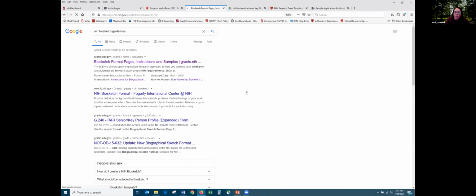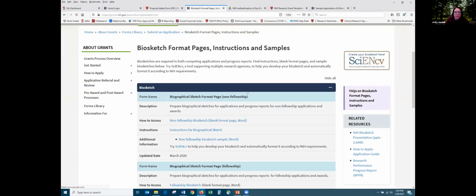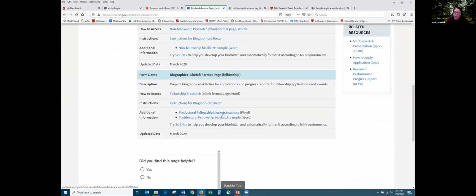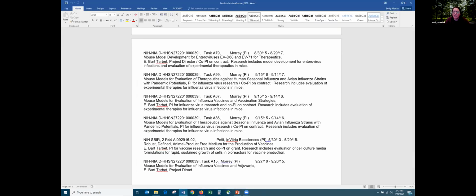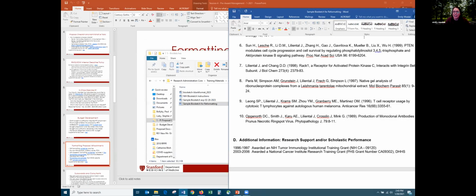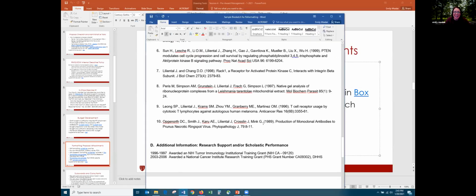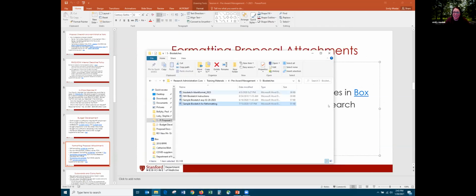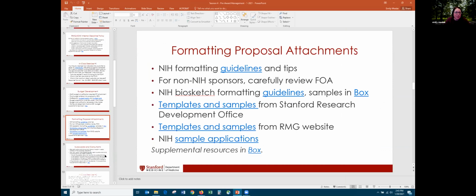On the biosketch form page, you can get the blank format page if you have to start over. The instructions are here. You've got the samples, you've got the templates, everything's here. It's super easy to find. So definitely take some time with those biosketches. Try to get them back a little bit earlier than your other proposal docs, because I find a lot of biosketches, like this one I shared with you, start a conversation. It's not the end point. So definitely spend some time with those. Okay, I do want to